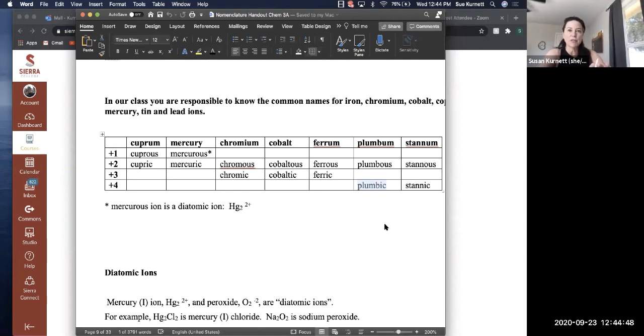Even though it shows 7 exceptions where there's 2 charge choices, understand that things in the unknown zone have more than 1 charge choice. For manganese, I haven't given it choices, but there's 5 choices. Vanadium, 5 choices. So you just need to know that there's more than 1 possibility, except for silver, cadmium, and zinc.